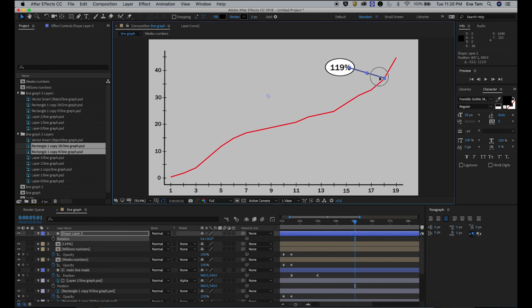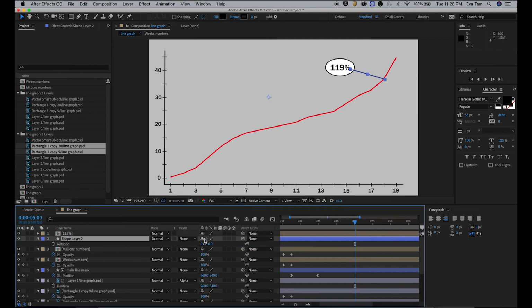I'm going to adjust the anchor point now to here, so it's easier for me to change.